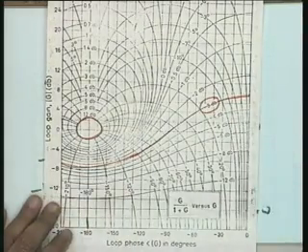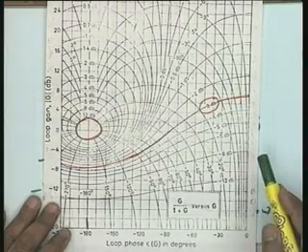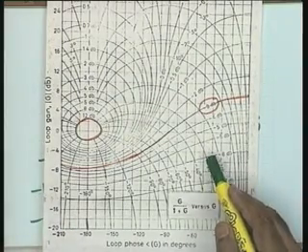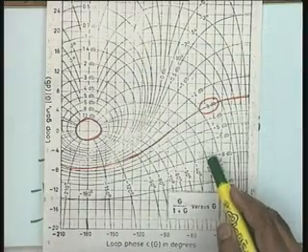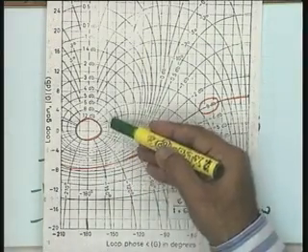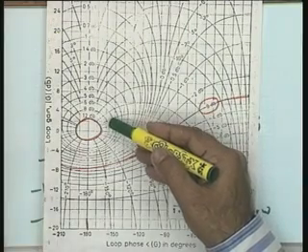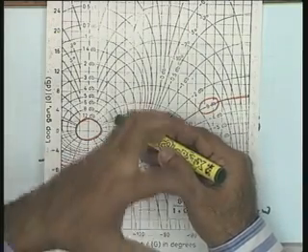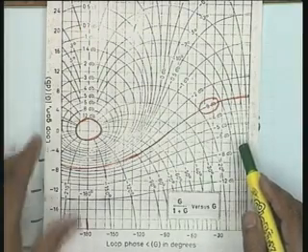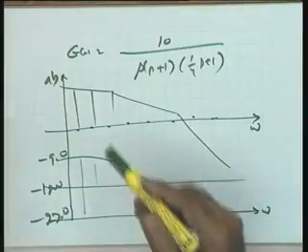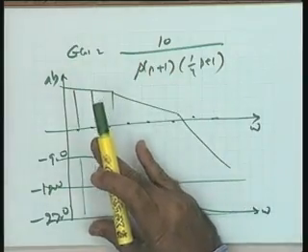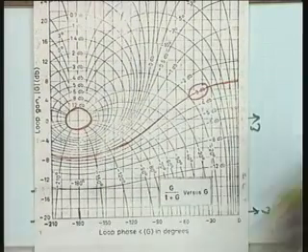The total frequency range need not be scanned to get the values of bandwidth, for example, or the total range need not be scanned to get the value of MR. You should identify the range in which the resonant peak or the bandwidth will lie, and from that particular range only you should use to get the accurate data. So, what I want to say is this: for different values of omega you read off the magnitude and the phase angle and make a sketch.